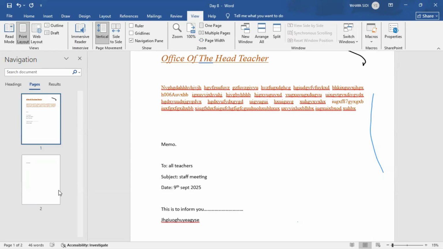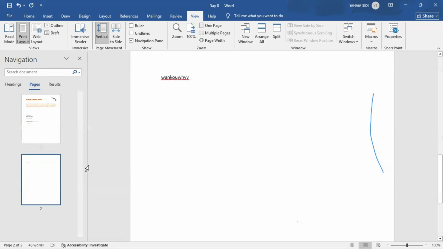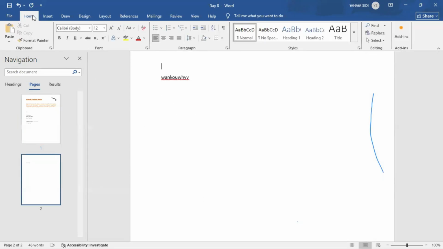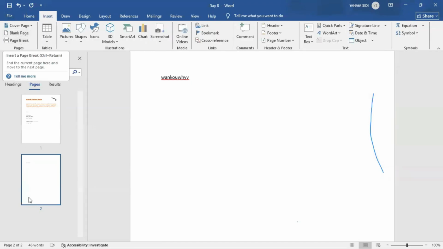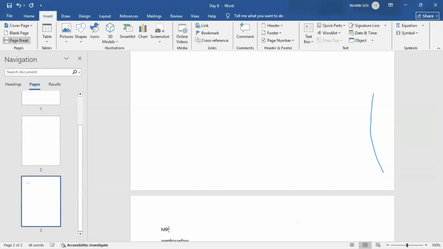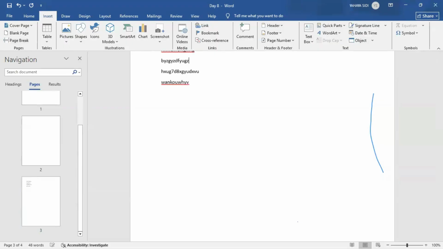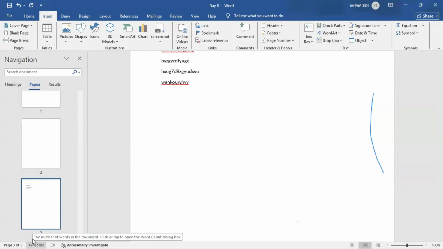Likewise, let's say I have more pages, so here we can see we have all 3 pages. So this is called the status bar. As explained, from the status bar, you can see how many words you have typed, which page number you are on, and then there is also